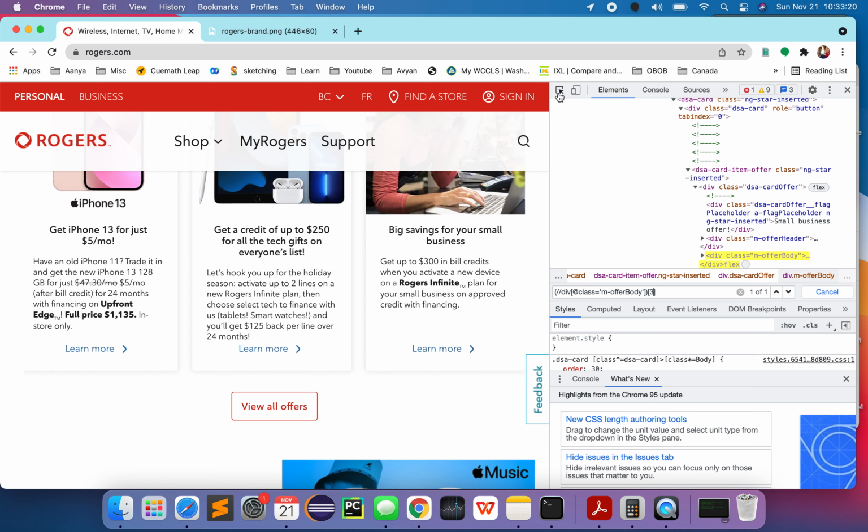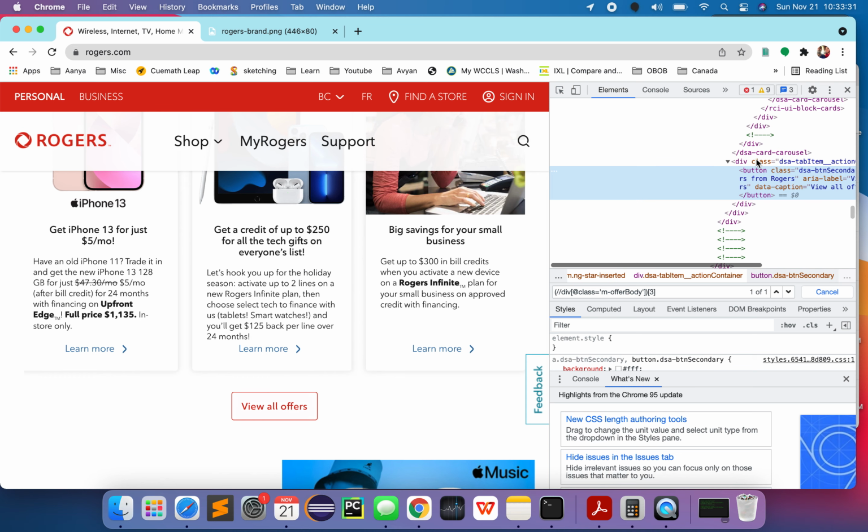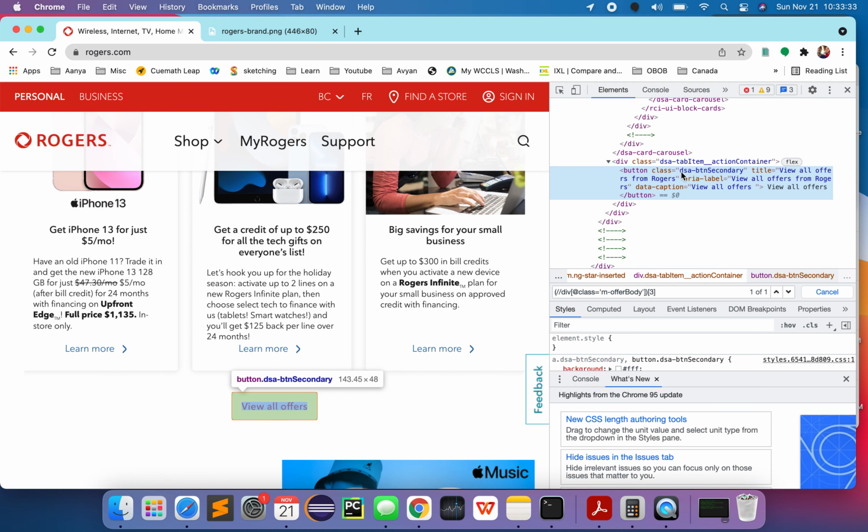I'll give you one more example. Let's say I want to find the name of this view all offers. I'll again click over here and hover on this. It's a button, and when I hover on this, it tells me what kind it is right here. So it's a button with this class.